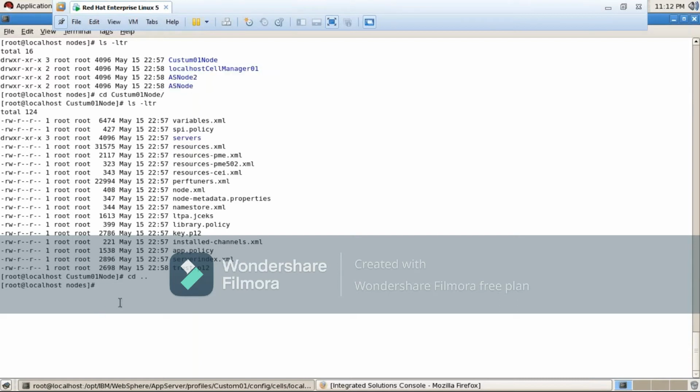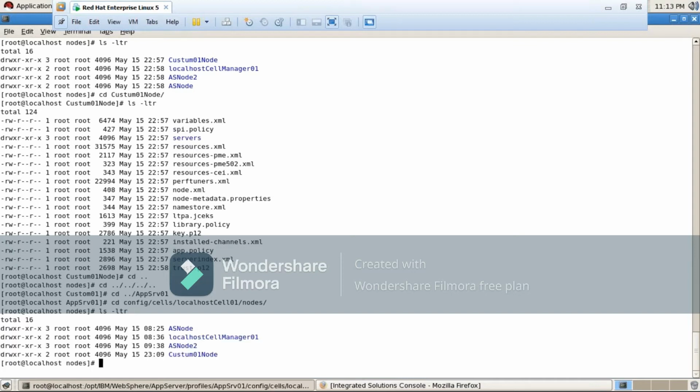Okay, now let us see the folder structure changes in AS node 01. Okay, cd config, cells, local cell and then nodes, right? ls -ltr, what should be there.